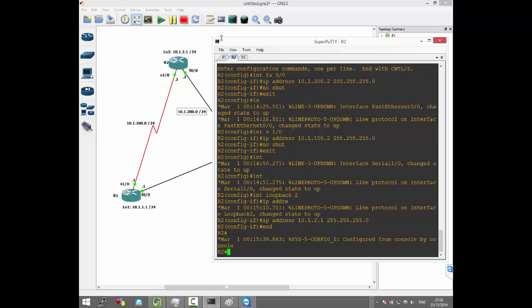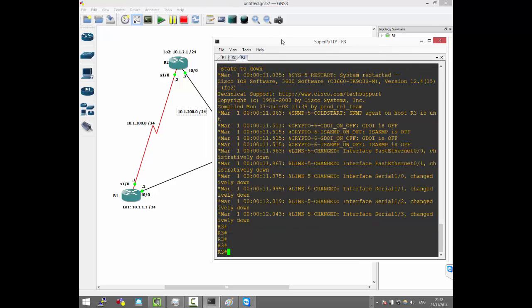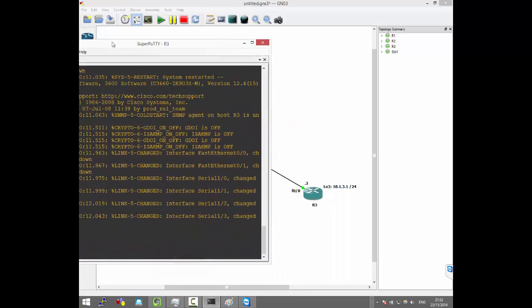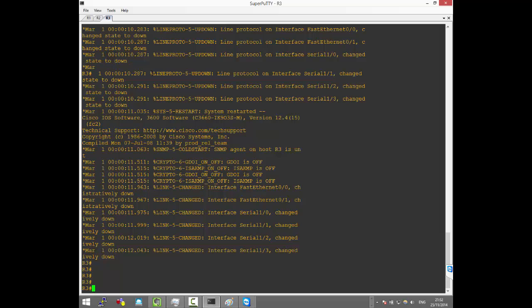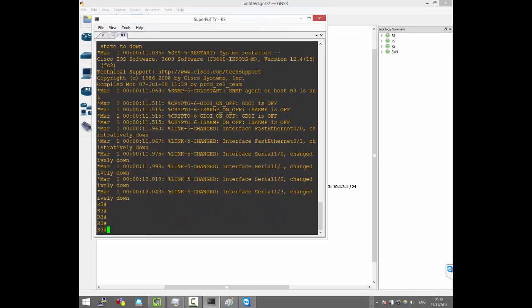So let me do the configuration of R3, and then we'll move to OSPF. So for R3, all we need to do is configure. So if I go